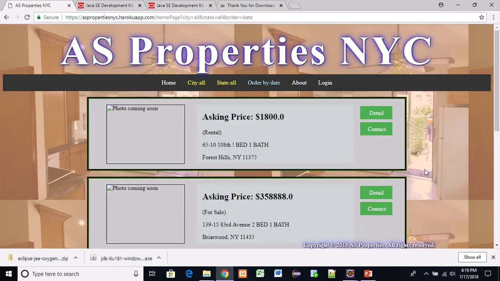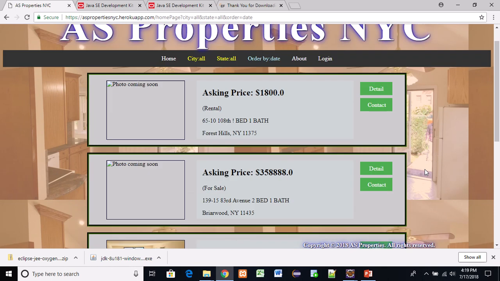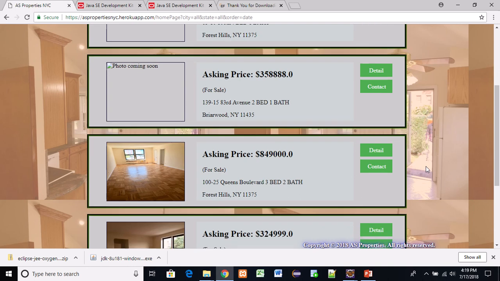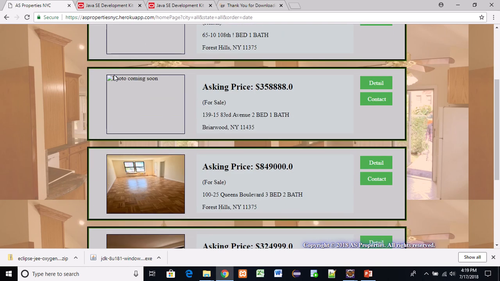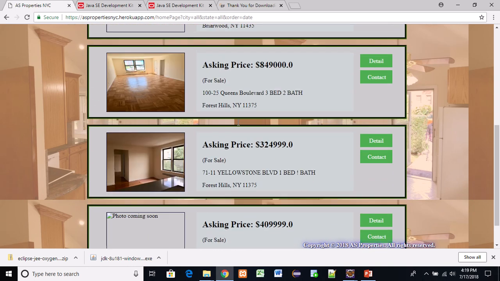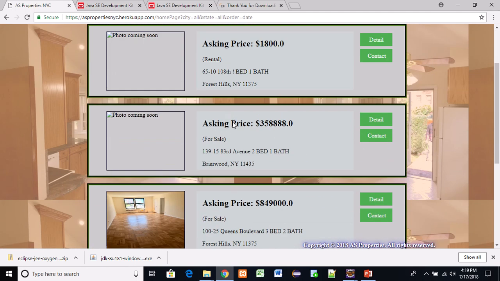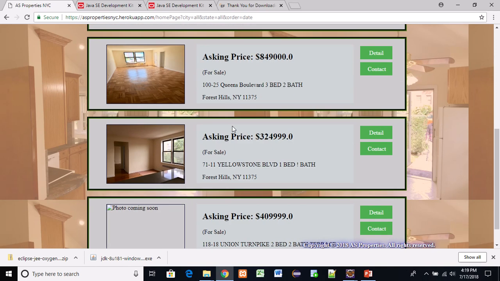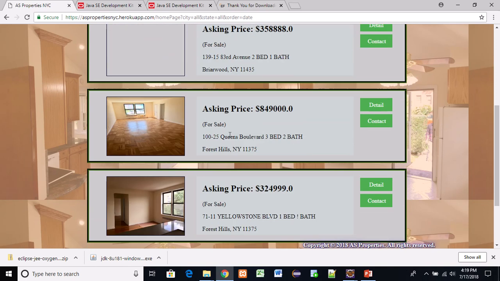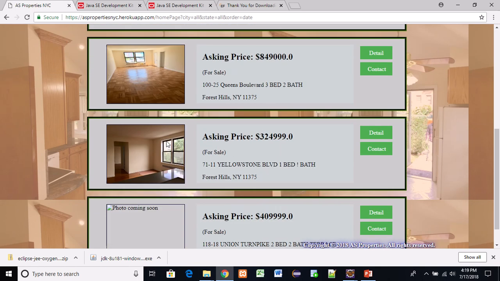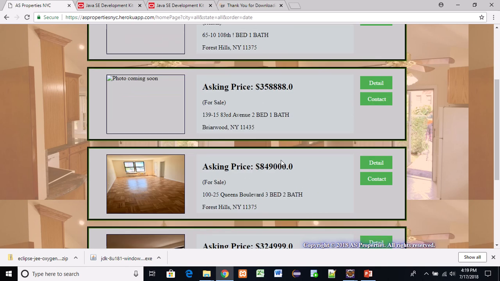So if you have time, or if you're looking for properties in New York City, looking to buy or to sell or to rent, you can come to my webpage here and you can search for properties. And I've just started this webpage, so there's not a lot of properties in it right now, but in probably a week or two, we'll be adding more properties and we're going to be adding more pictures of the properties. Anyway, so back to my